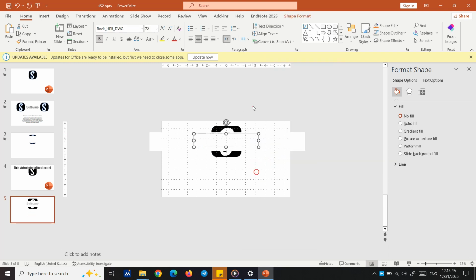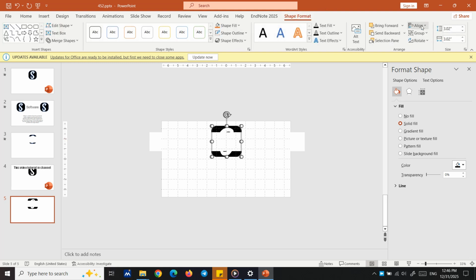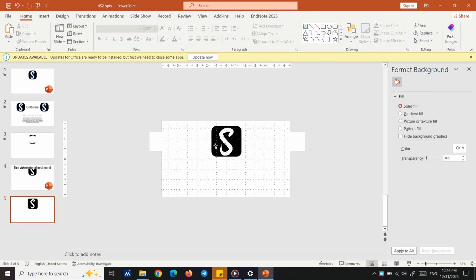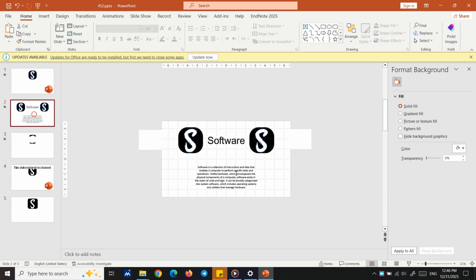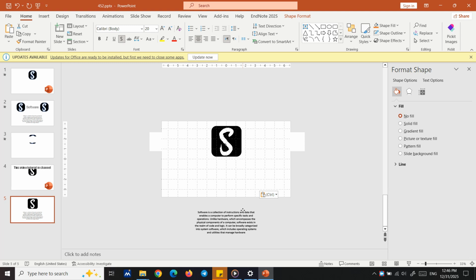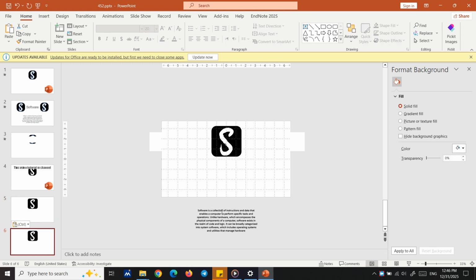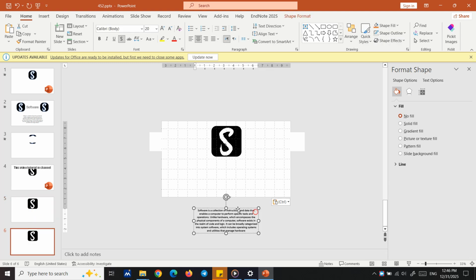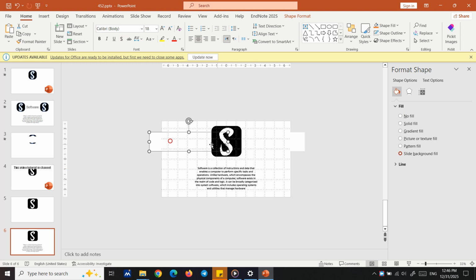We send it to back and select these two and bring them to front. From here, bring them to front. Now you just simply need to copy the text, paste it here, then copy this slide. In the copy, bring the text to the top and select these two